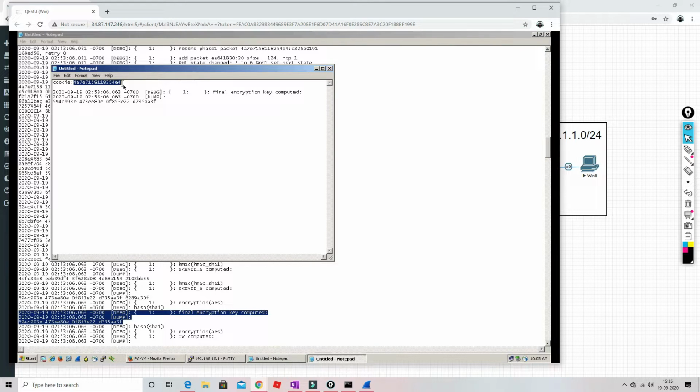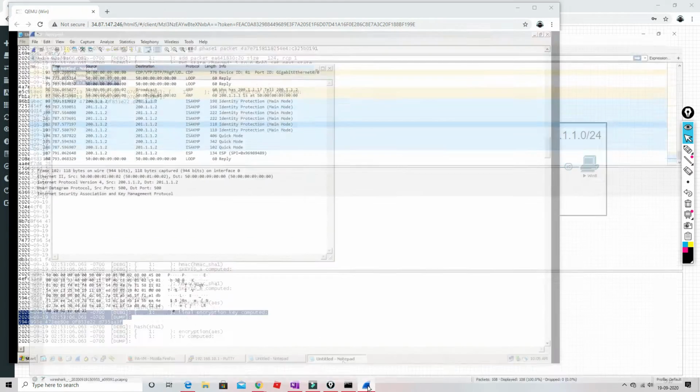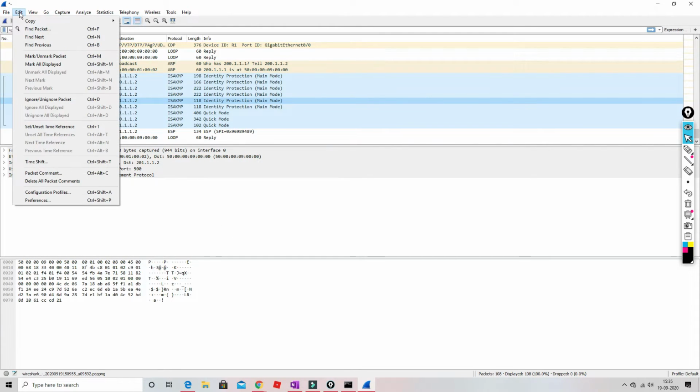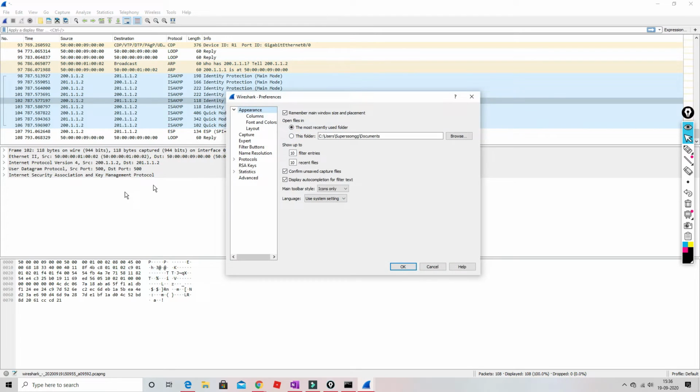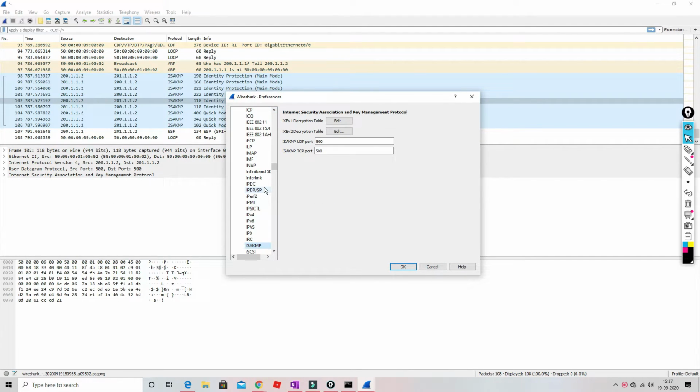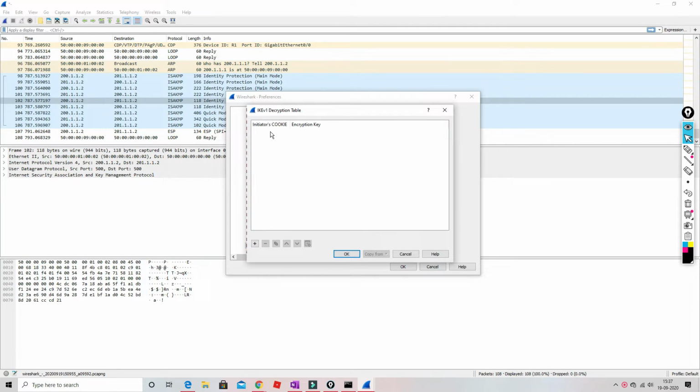Now where you can use these keys, you have to go to Wireshark, go to the file, edit, preferences. So you need to type ISAKMP. Okay, so ISAKMP, go to edit. So we are doing for IKEv1, go to edit. And here you need to define the cookie.